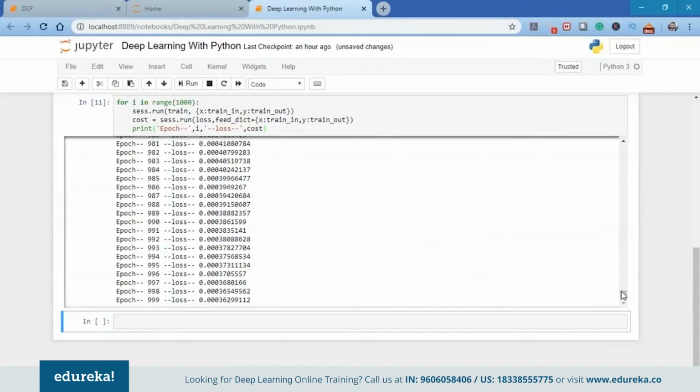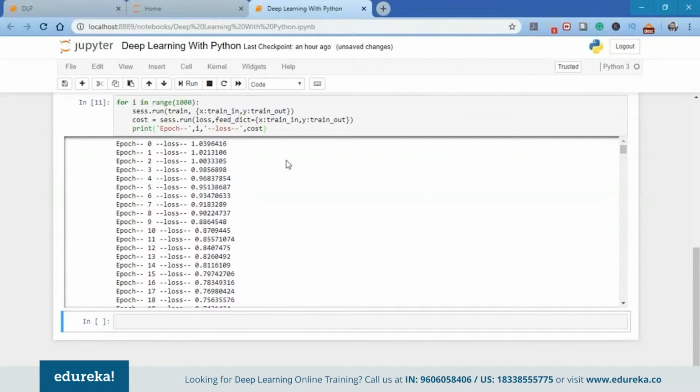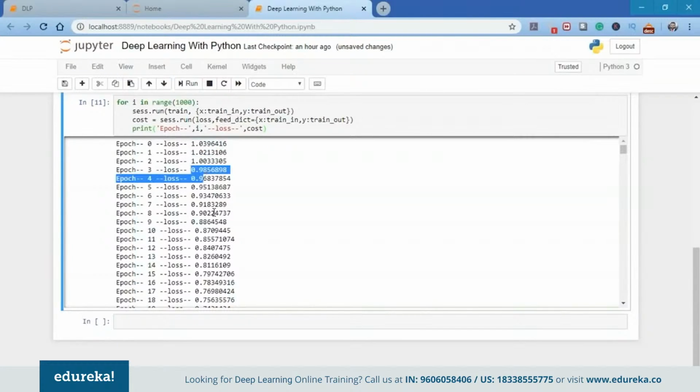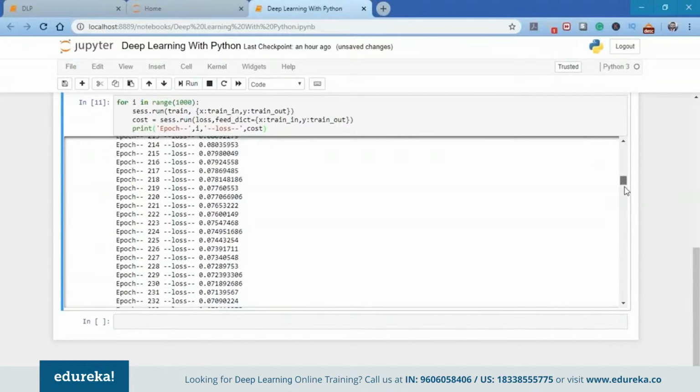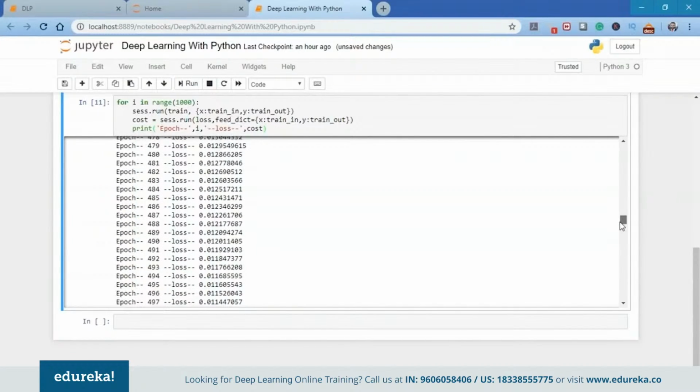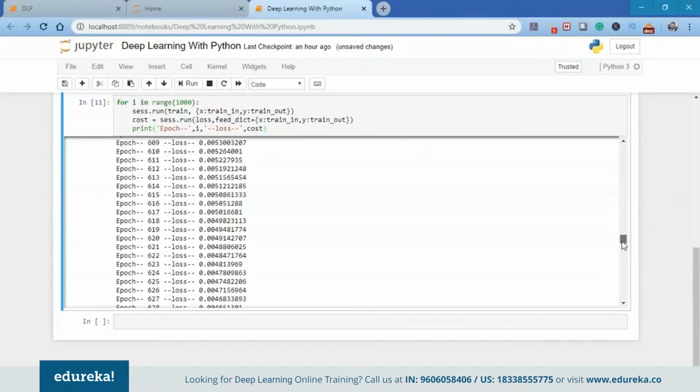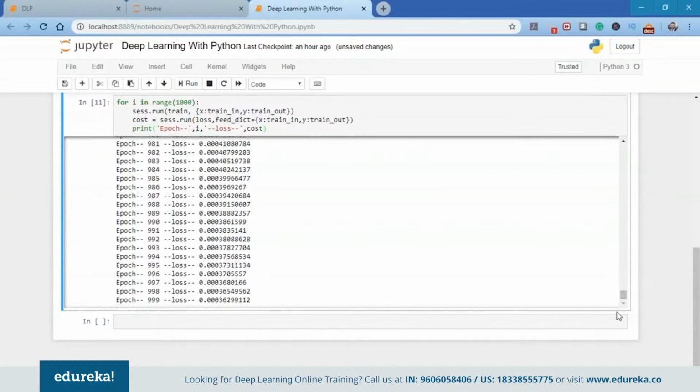If we start from the first epoch, you can see the loss is 1.03. It became 1.02, 1.00, and came down to 0.98. The more we train the particular model, the more it will understand the particular data set, and the loss will decrease as long as we train the model. If we have a look at the loss at the 1000th epoch, the loss is 0.0003. That's an amazing loss.